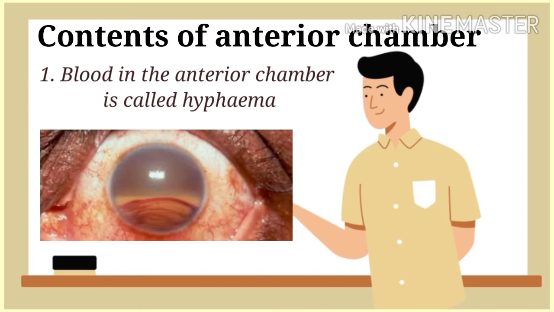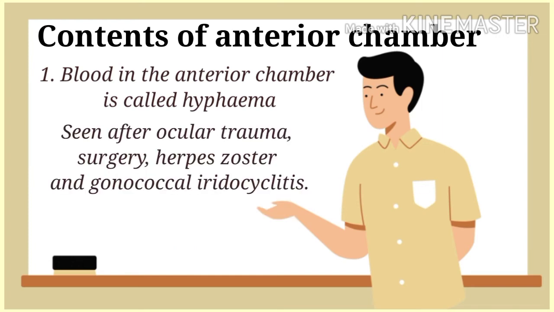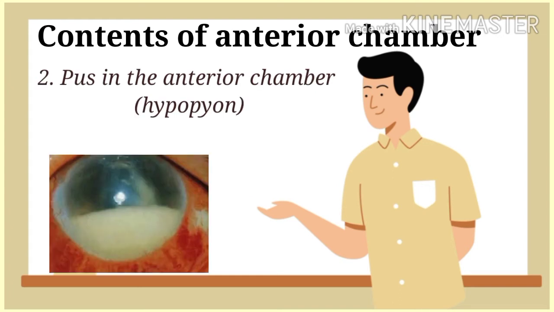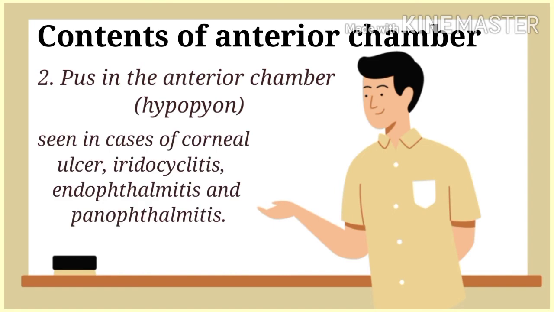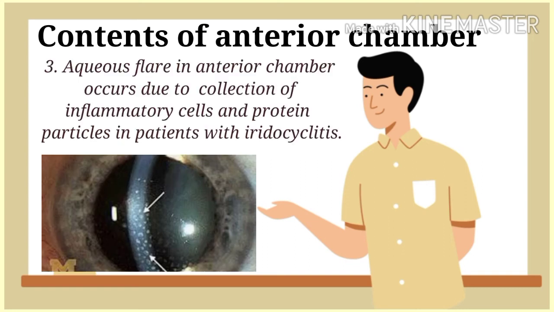First, blood in the anterior chamber is called hyphema and may be seen after ocular trauma, surgery, herpes zoster and gonococcal iridocyclitis. Pus in the anterior chamber is also called hypopyon, and it may be seen in cases of corneal ulcer, iridocyclitis, endophthalmitis and panophthalmitis. Next, aqueous flare in anterior chamber occurs due to the